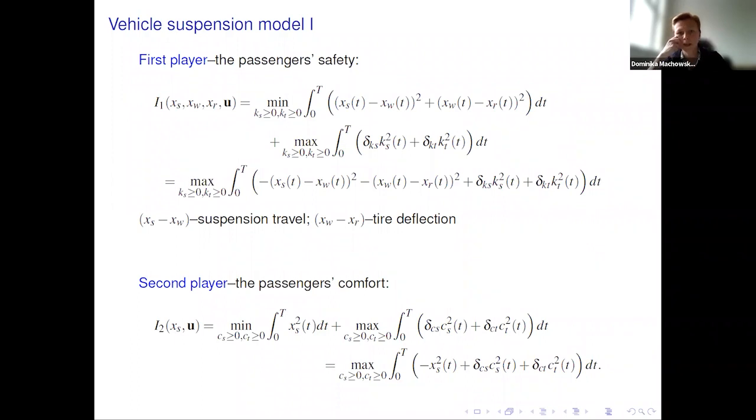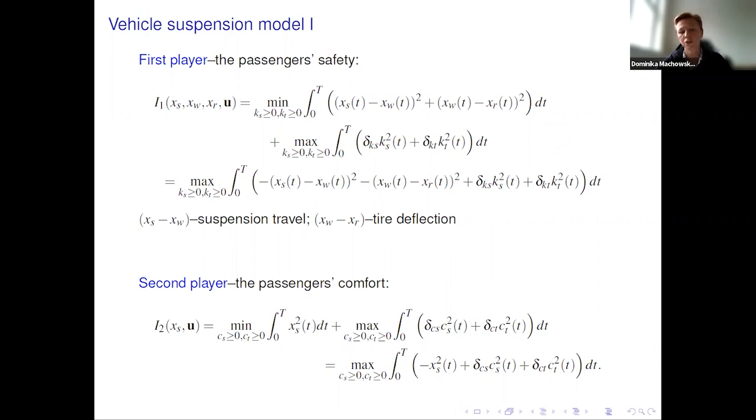Next we minimize the tire deflection. The deflection means that the tire holds the road all the time, so we don't have any jumps of the tire. And of course, we maximize